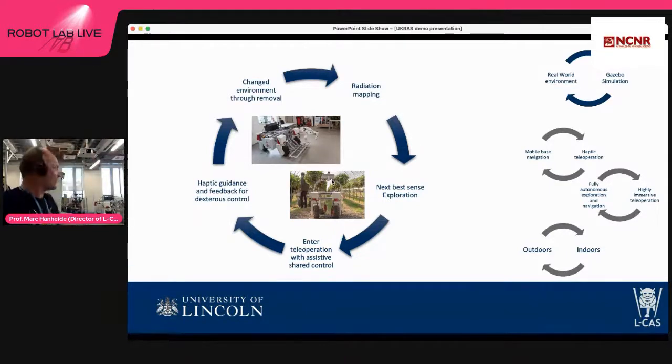So what we see here is a kind of standard platform that we use for a number of operations, also within NCNR. And what we're interested in is taking the sort of data that Tom can give us and then working actually on the scene with a robot like the one we're just going to show you here. We've taken it inside, and one reason is that we were not quite as bold, and we were a bit aware the weather could be changing, so we didn't want to go outside, because indeed one part of our robot isn't quite weatherproof yet, and that's the manipulation side. The rest of it can perfectly go out and sustain in the rain, and it does that a lot in